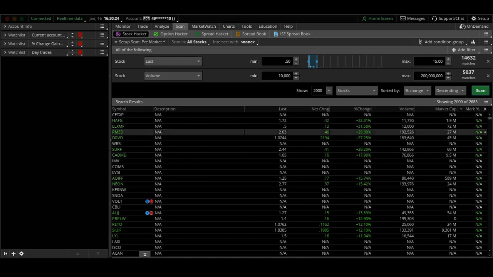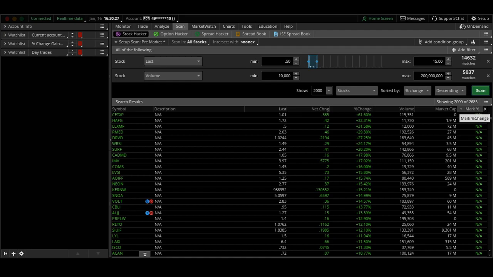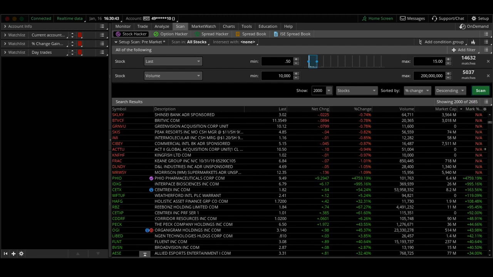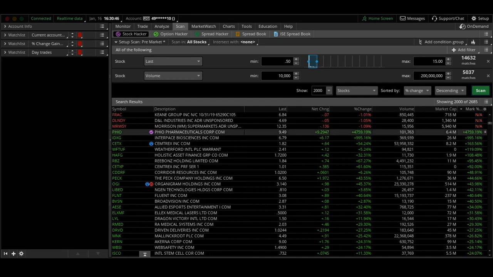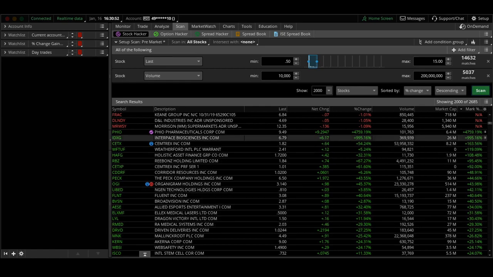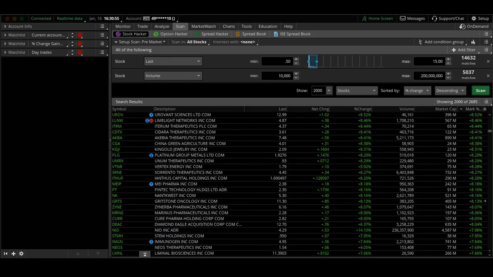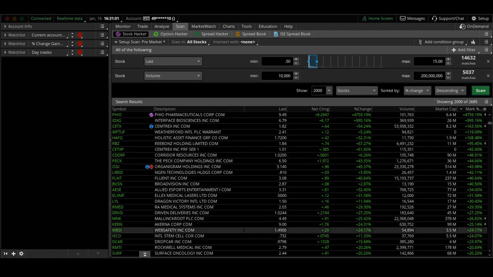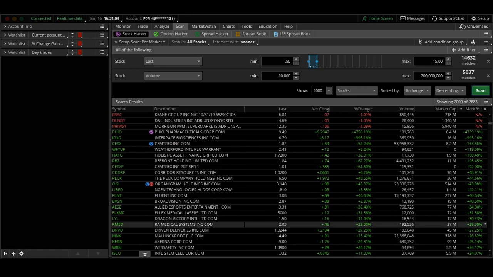Now you're going to want to have these sorted here by your mark percent change. So you're going to go over here to customize on this little gear. You're going to make sure that mark percent change is one of your sorting criteria here. And this way you can see, once you get past all these, not sure why these show up, you're going to see the movement of the stocks from most on down. So I basically look in the top percentage of these